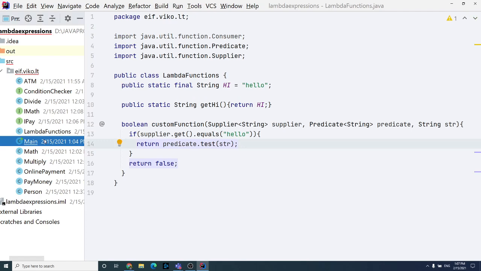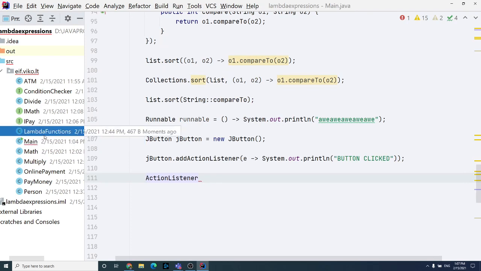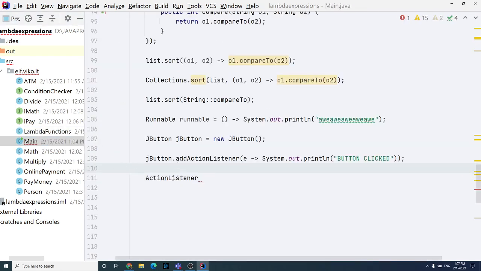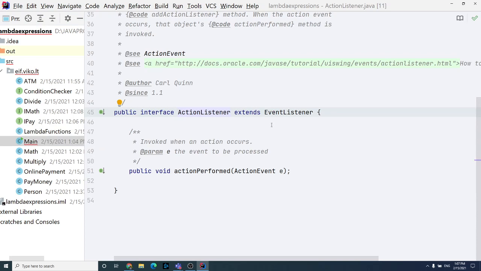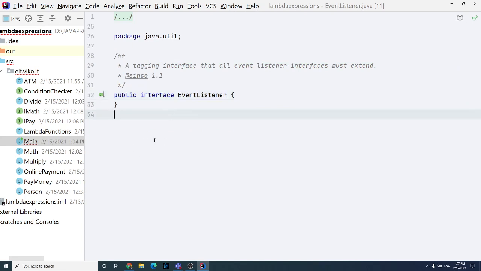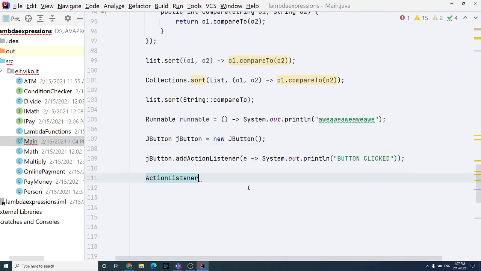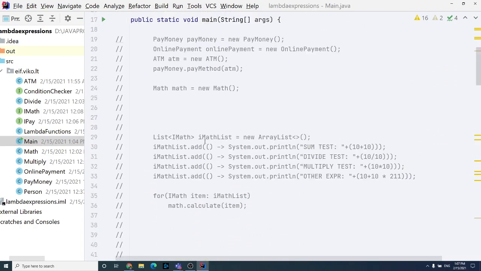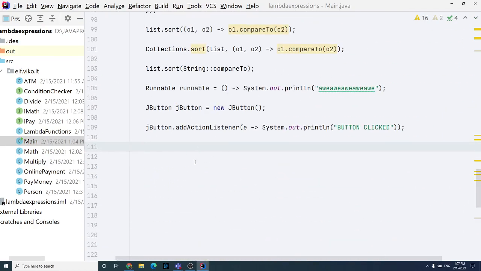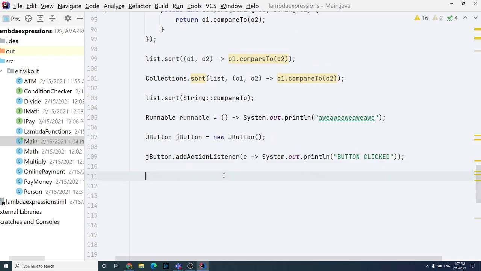Basically, there is a way to rewrite the whole Java JDK library to reduce a lot of useless classes, but at the moment I think that they never do this because there are libraries already implemented. There's no point to rewrite. Here is an empty interface, just to mark that EventListener. If you need to mark any class which is like an event listener, for example. And yeah, for today it's over, and